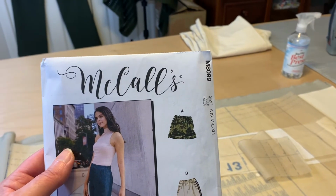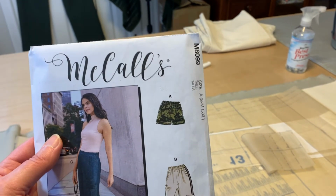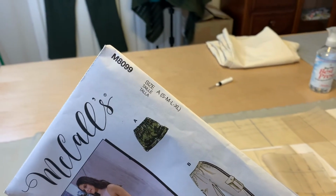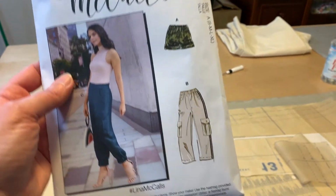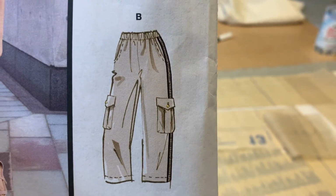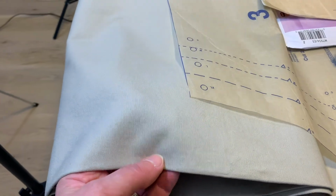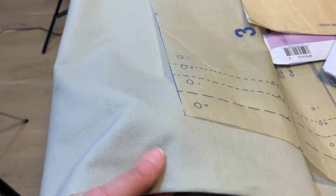To give you a little sneak peek at my next set of pants for what I'm calling pants-uary, I'm doing McCall's M8099 and View B, and I'm making it out of this khaki colored stretch, I think this is stretch cotton twill. So I hope you found this helpful,